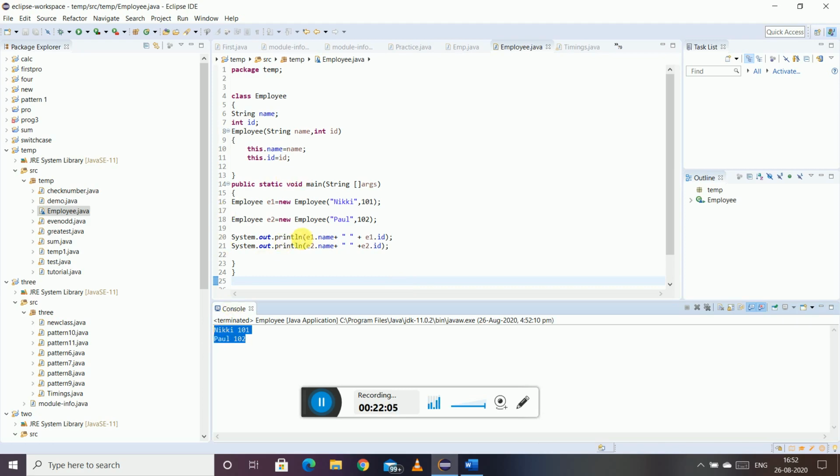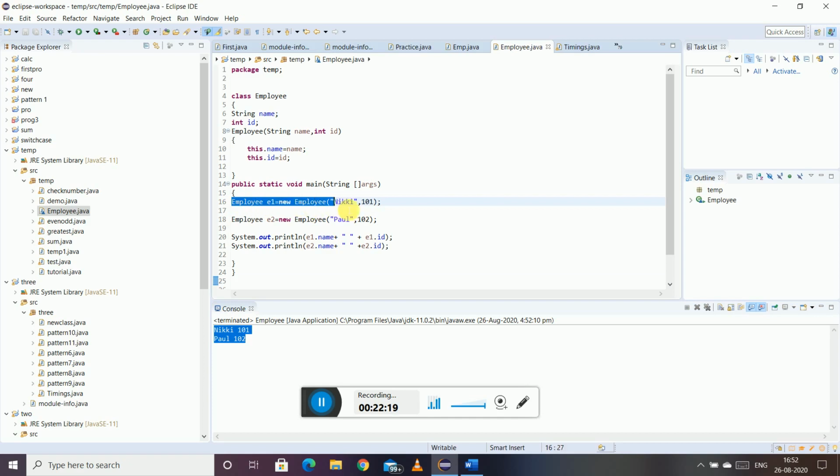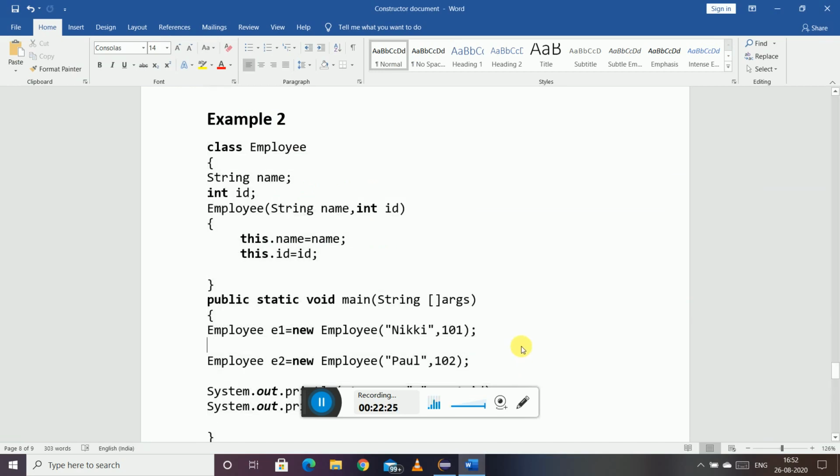So this way, even if we have 10 employees, it will be less hectic as compared to initializing the variables through the object. In the same line that we are creating the object, we can provide the values for the variables also. So this is the main use of the constructor.